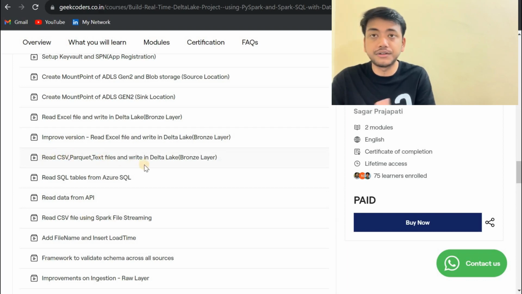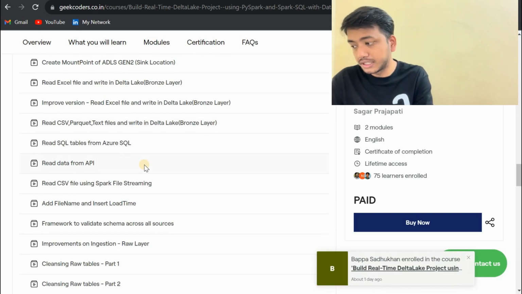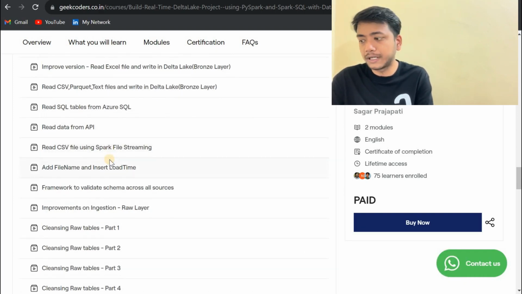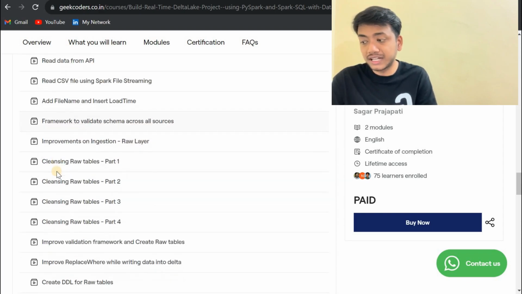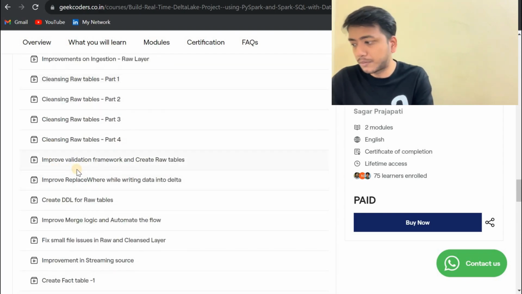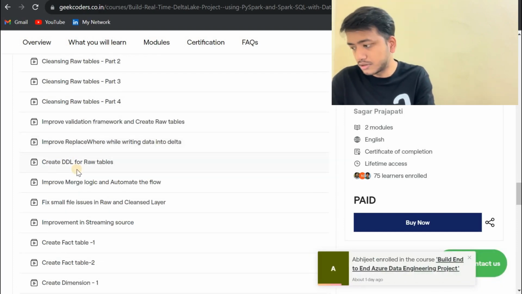txt files and write into a Delta Lake, then read SQL table from Azure SQL, read data from API, read CSV file using Spark file streaming, then add file name and insert load time, then improvements on raw layer, then we have a cleansing part, right? And then improve validation framework and create raw tables, improve replace where while writing data into Delta tables, small file